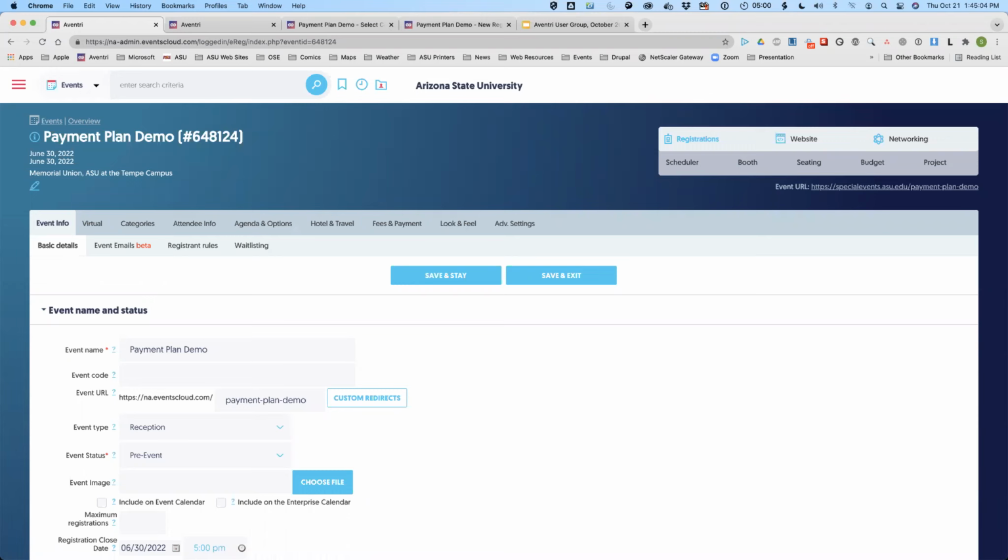But again, I suggest doing that after they've finished filling out my registration, because I want them to capture my information. There's no way to get them back to Aventri after they submitted that form, so you're risking an incomplete registration.